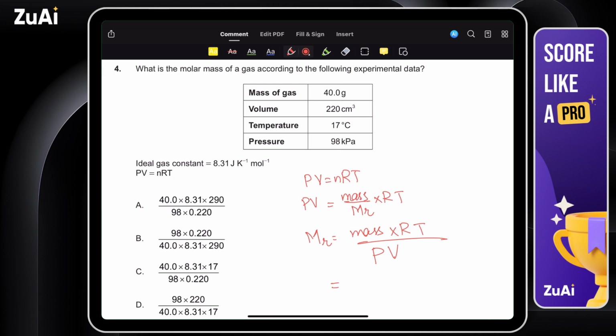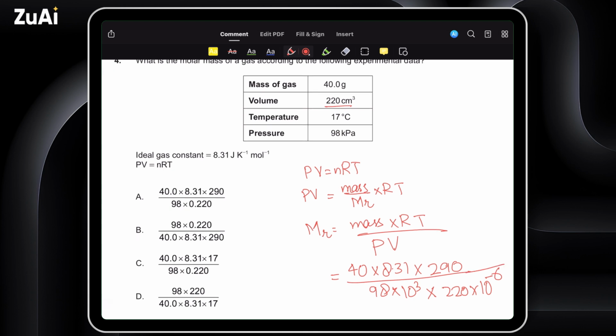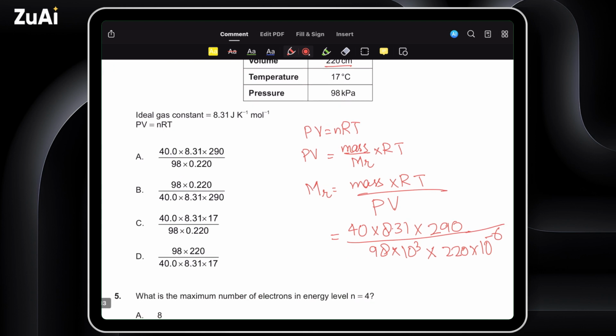Mass is given, 40, times R is 8.31, times temperature 290, divided by pressure, which is 98 in kilopascal, so times 10 to the power 3, times volume, which is in cm cubed, it should be in m cubed, so 220 times 10 to the power negative 6. So if you simplify it, it becomes